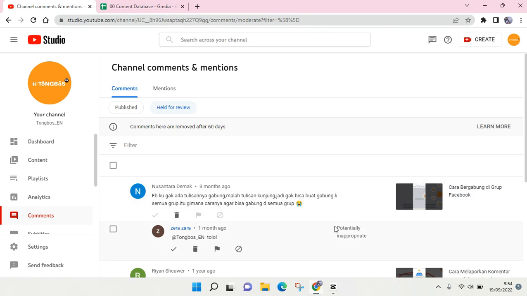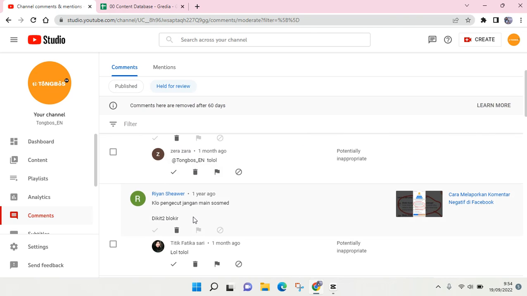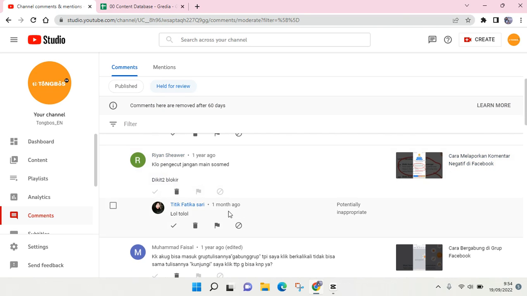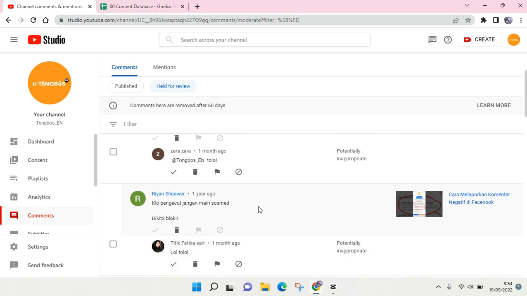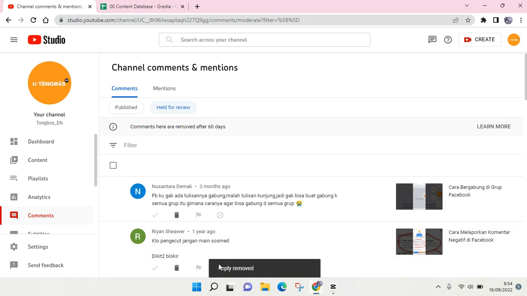So you can see even YouTube also detects this comment as potentially inappropriate. So this account leaves a comment that indicates hate speech or harassment, I think. So if you want to report, you can just click on this flag icon. Report spam or abuse, just click on that, and after that the comment or the reply has been removed